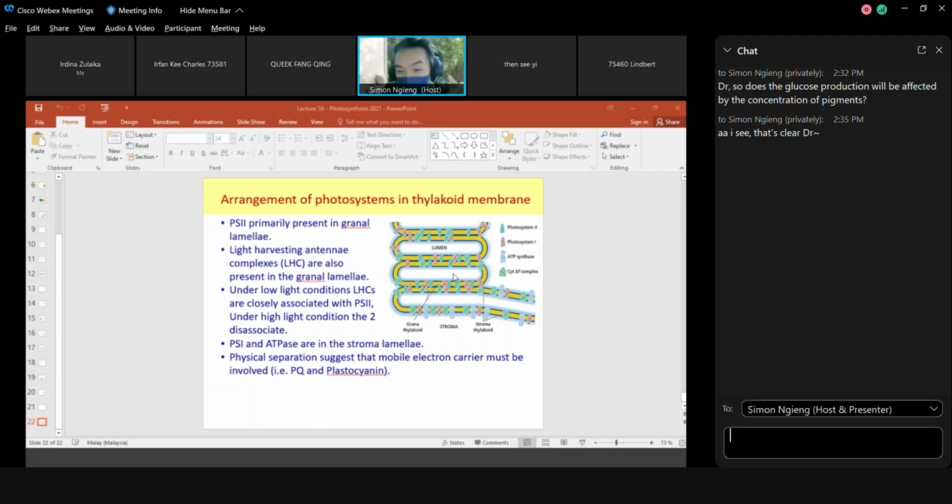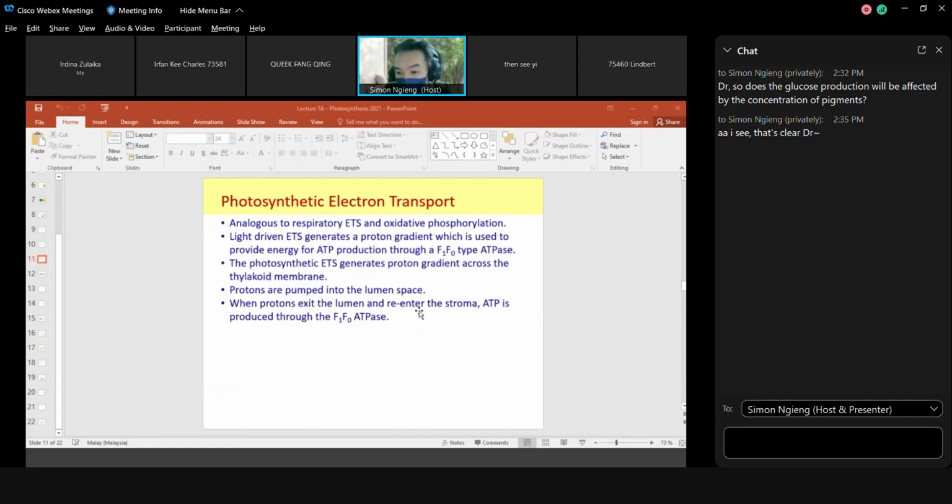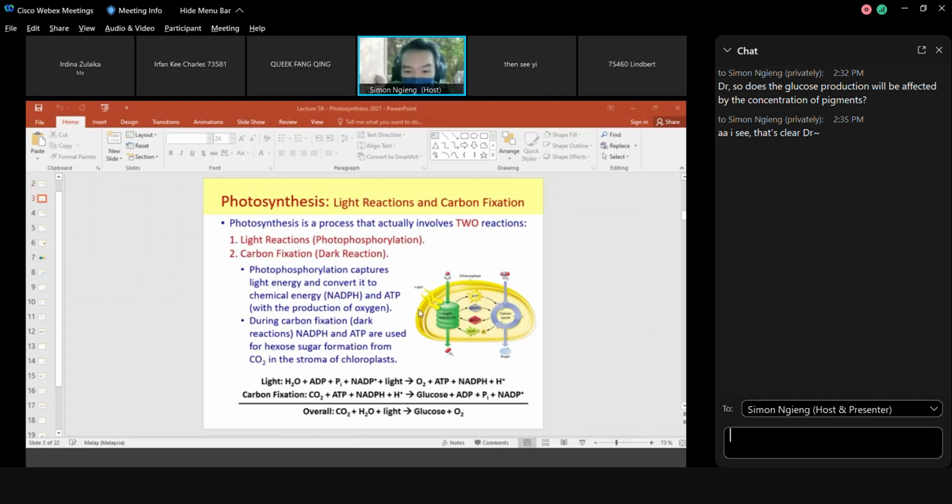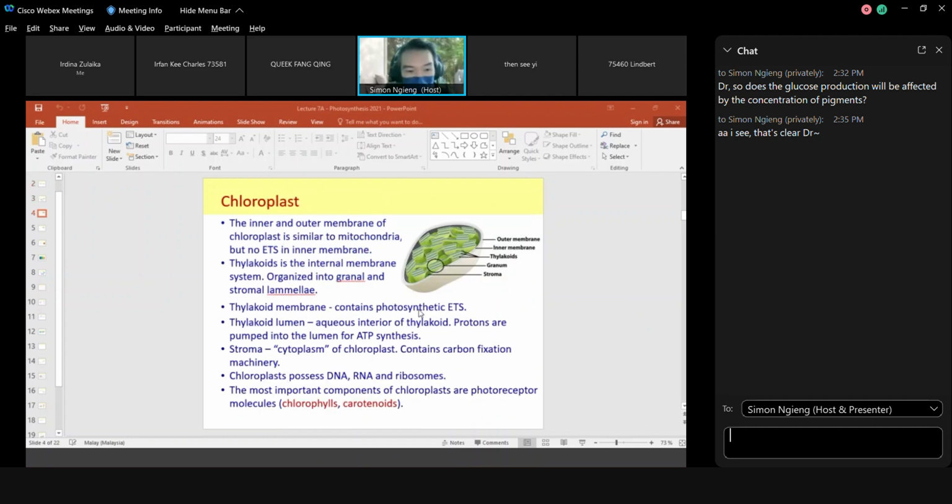The more photosystem that is present inside the leaves, of course you are going to generate more of your protein, on condition that all the requirements are met. Then you will have your glucose coming out. Okay, so now